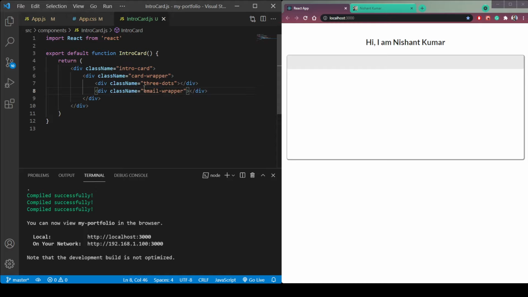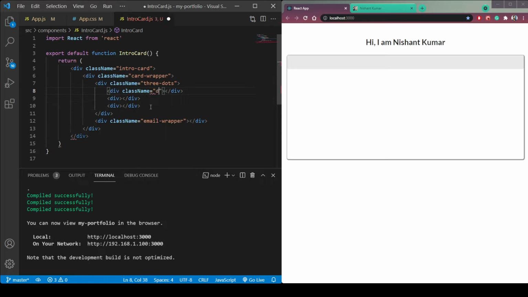Inside these 3 dots, make 3 more divs, one for each dot. Give this class name of dot 1. Similarly, in these two other divs, give this class name of dot 2 and then dot 3.